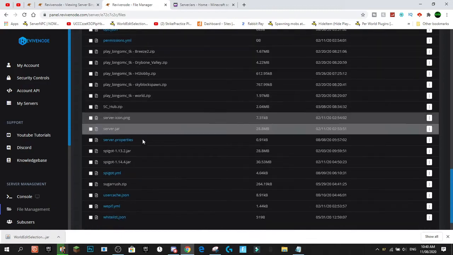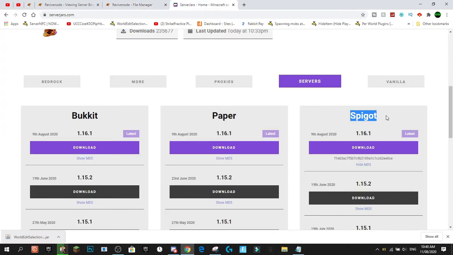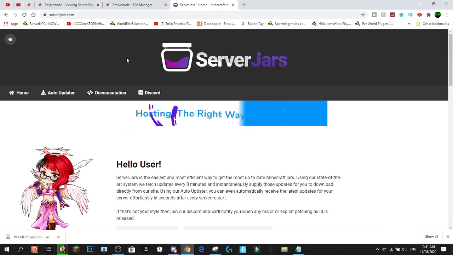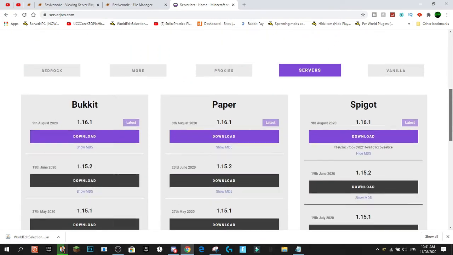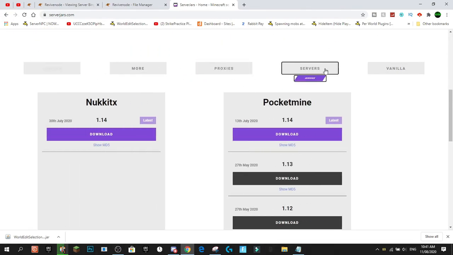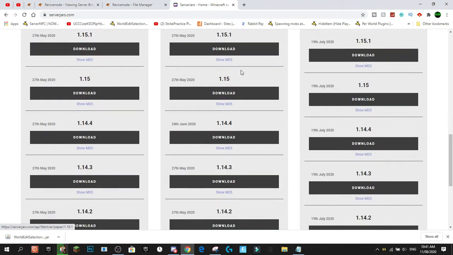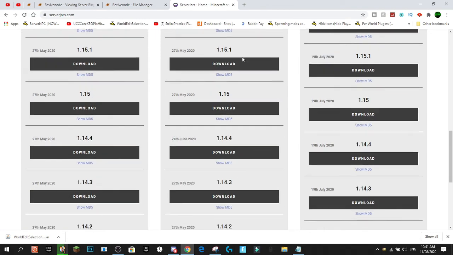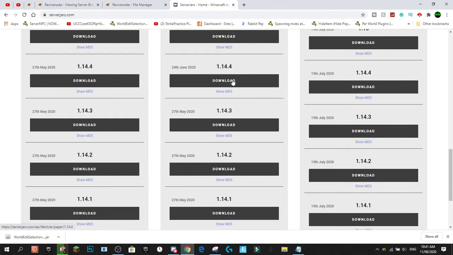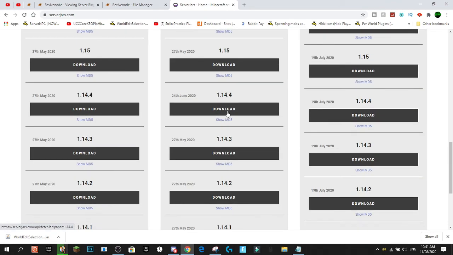So you come down, you find this thing that says server jar. So this is probably going to be our Spigot jar. I'm actually going to be switching to Paper today. Okay, so coming back over to server jars, we're going to come over to this servers section, or whatever you're trying to download. If you're downloading Bedrock or whatever you're downloading, I'm going to be downloading Paper. So my server runs on 1.14.4, and we're going to come down, get the Paper jar for 1.14.4,